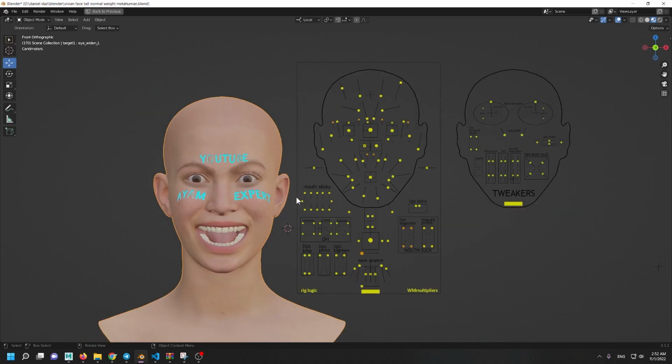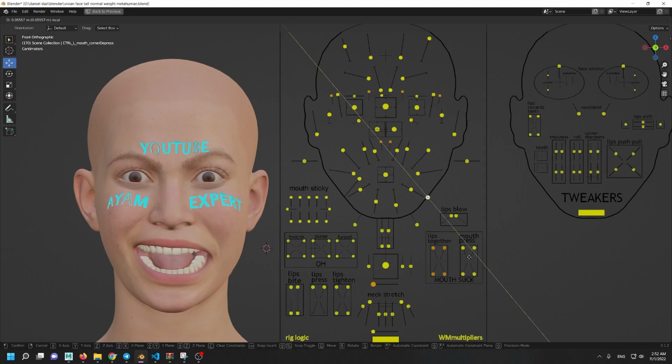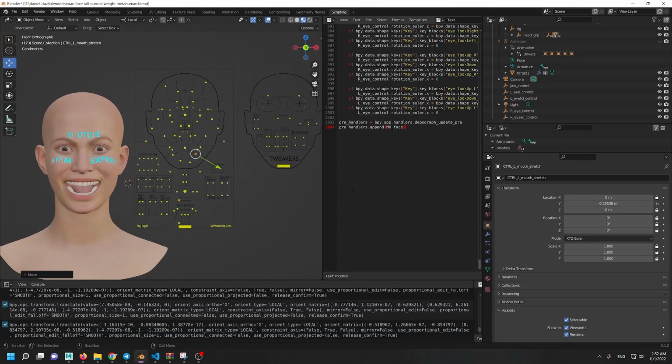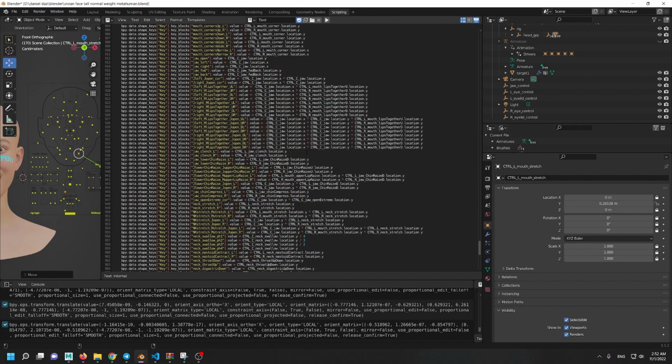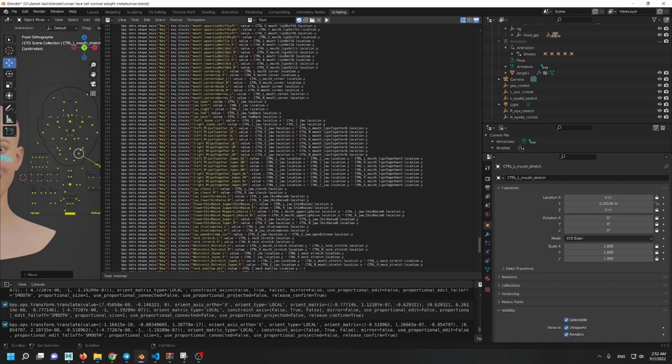Some of you commented that the reason this is slow is that you are using a script and other things. By the way, I forgot to mention the script is updated, and some of these controllers that in the previous version were not constrained to 0 and 1 are now working well. You said because you are using a script, but obviously I have to use a script, because otherwise how can you have this effect? If you take a look at this script, it's very simple, it's not complicated, but these are controllers, and